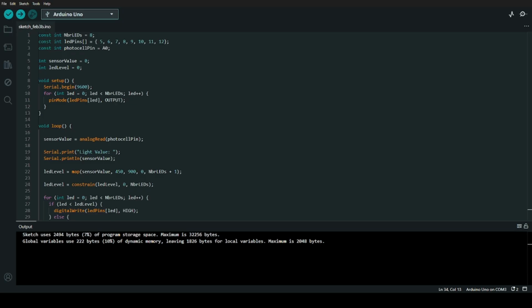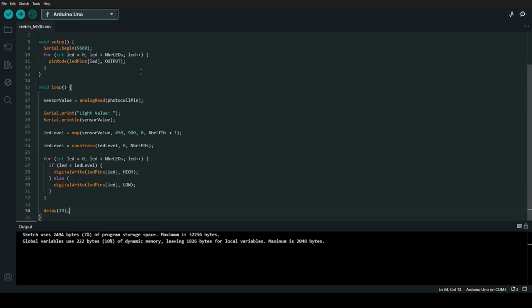So today I'm gonna show you my Arduino Uno photoresistor. In this sketch we have the code, and the code is an interactive LED bar that reacts to light. As the light hits the photoresistor, the photocell value increases, hence more LEDs light up in sequence.